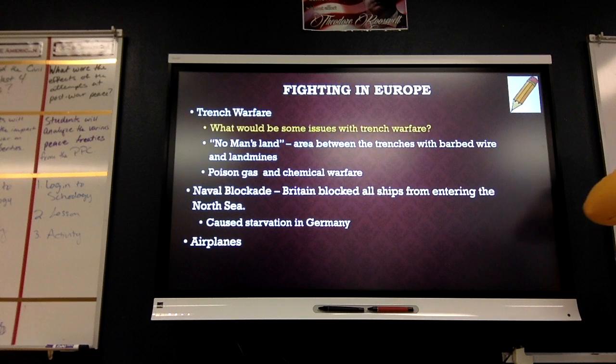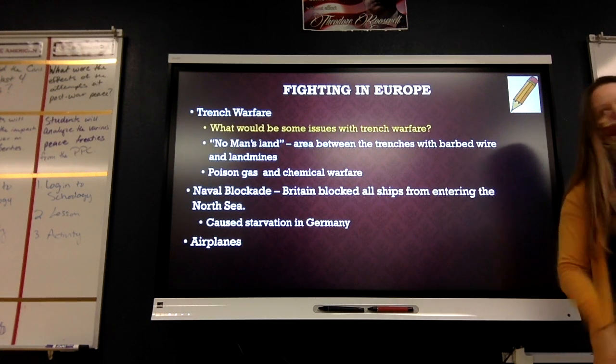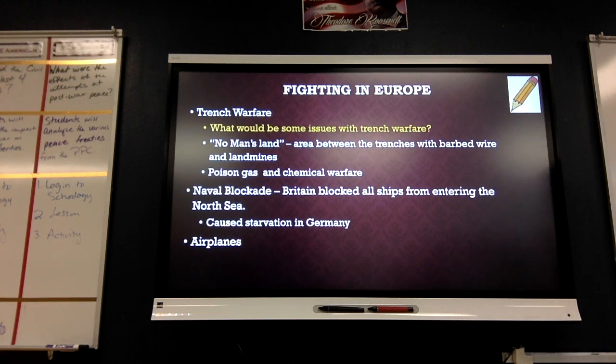And what's making it worse is a blockade, which is important because when we get to the United States joining, this plays a big part in it. Britain blockaded Germany. If you look,